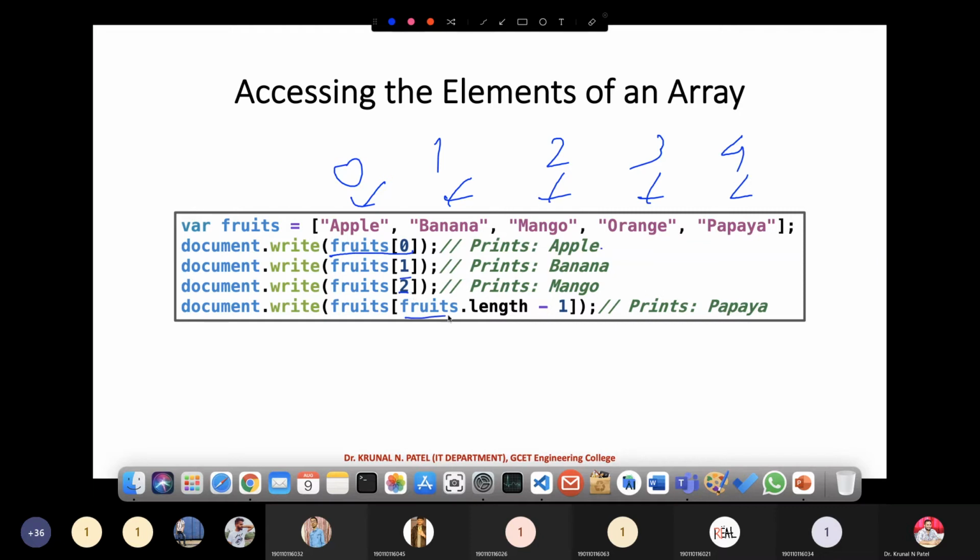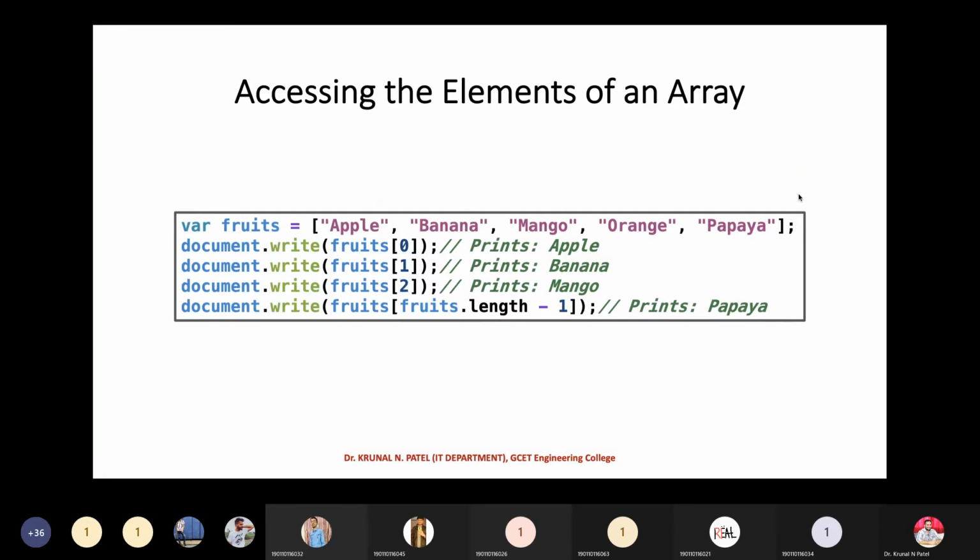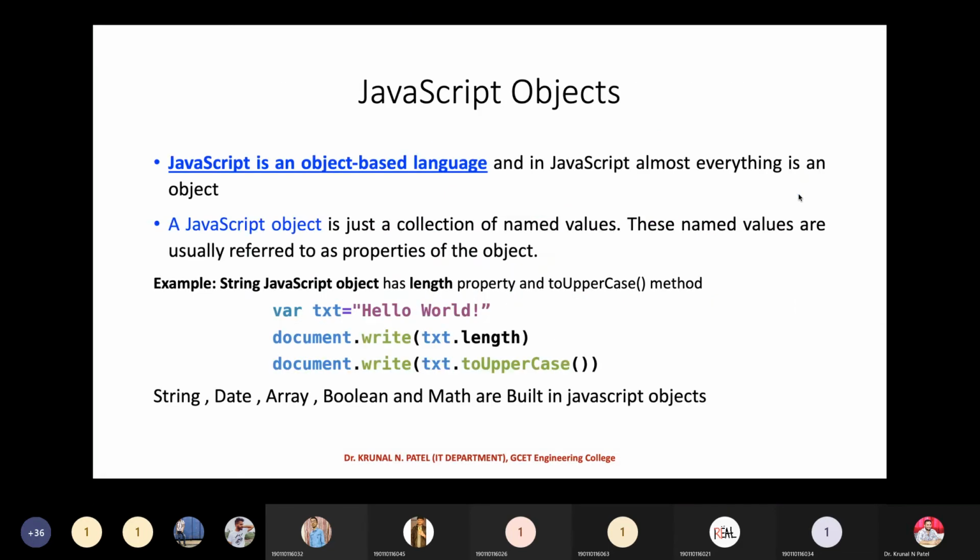Here fruits.length provides the overall length of the array. You can also write length minus 1, the total length minus 1, which is the last element. This way you can access the values of an array.